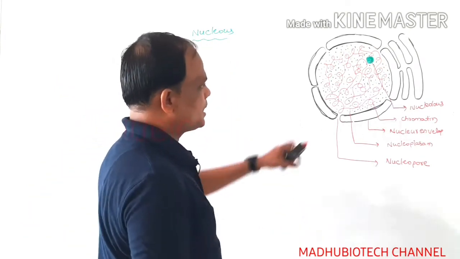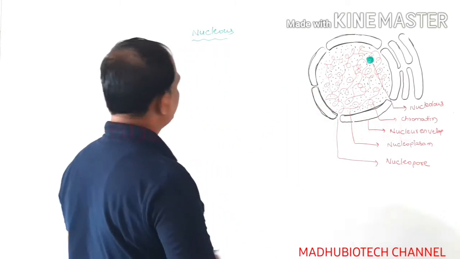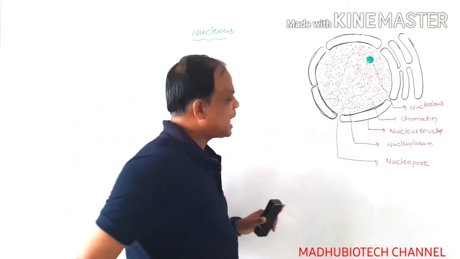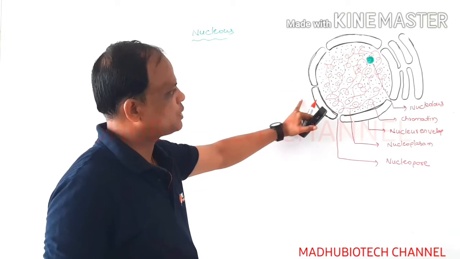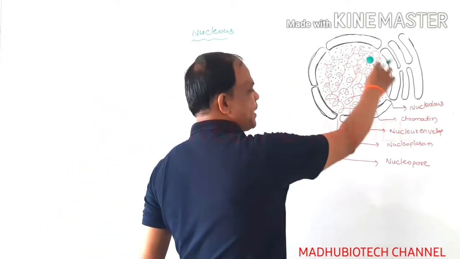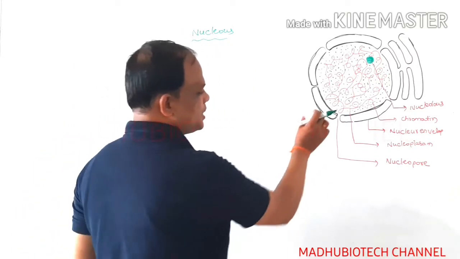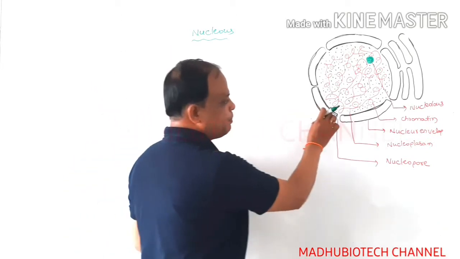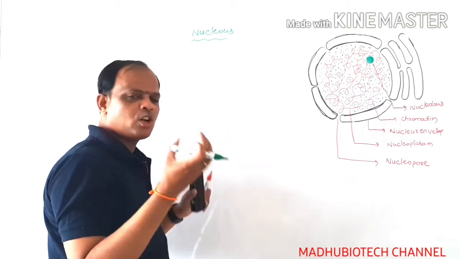This is the structure of the nucleus. Here, this is the largest, spherical, round-shaped special structure, also called the nucleus. It is present in the cell and is double-membraned, and it controls